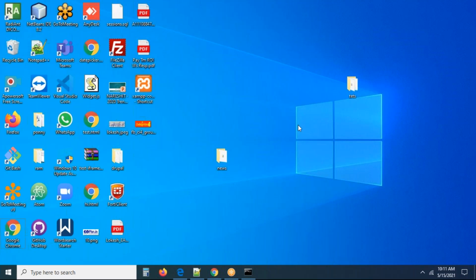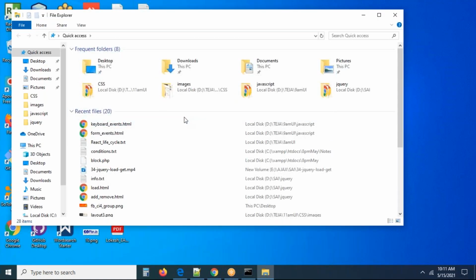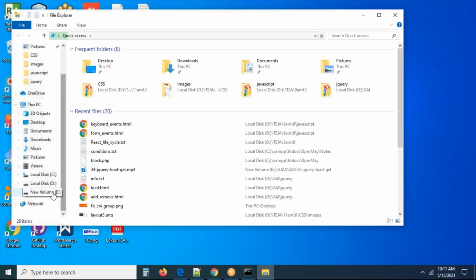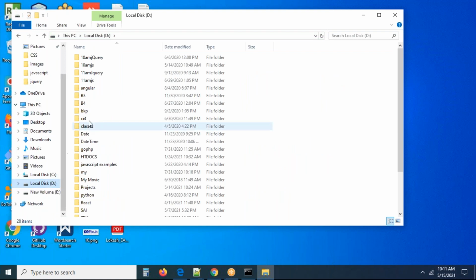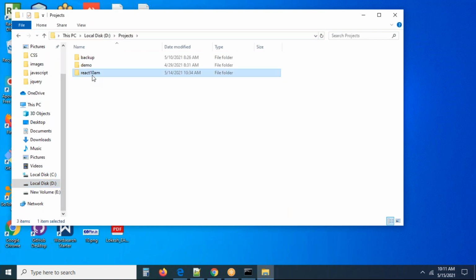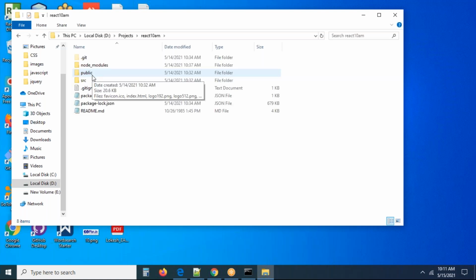And where is our code? My code is in D drive. I have a projects folder. In this projects folder, I have React 10 a.m. This is my React project. Now you can go there and check this, guys. Can you see exactly what happened?